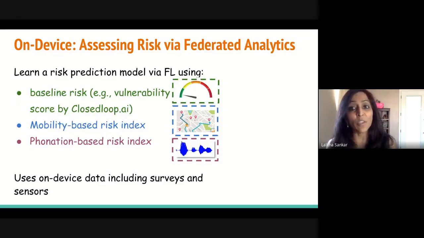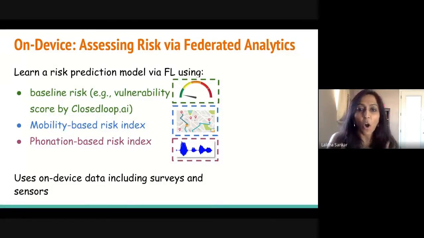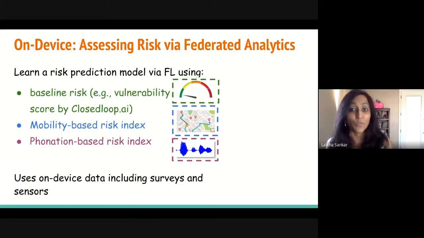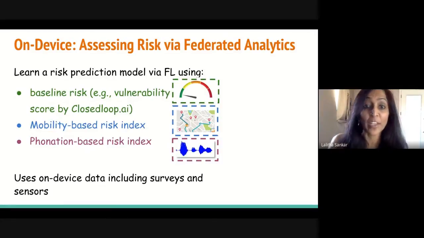As you move around, we could do mobility prediction and alert the user to maybe not just infected hotspots, but regular hotspots of people that are aggregating in locations. And that could be more periodic updates on risk. And the last could be, if you are perhaps worried about being exposed, could you use on-device learning to do some kinds of assessment of your own personal risk? So that's where we're going to use speech or phonation-based risks.